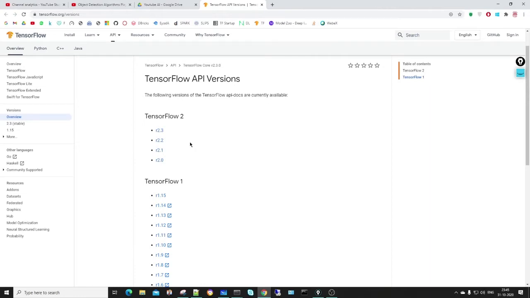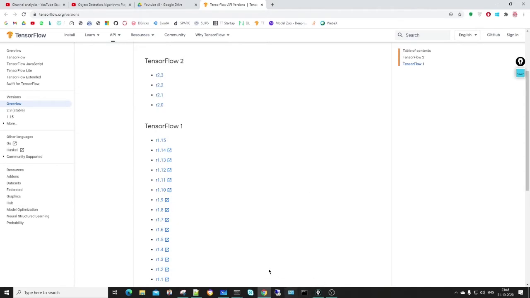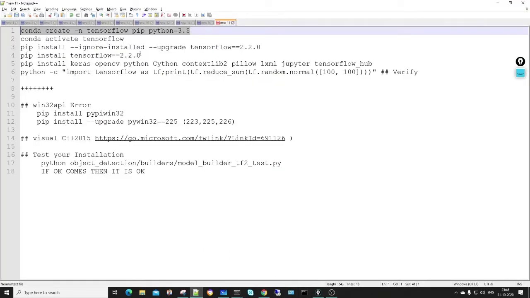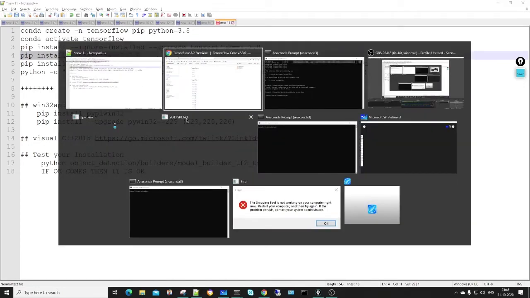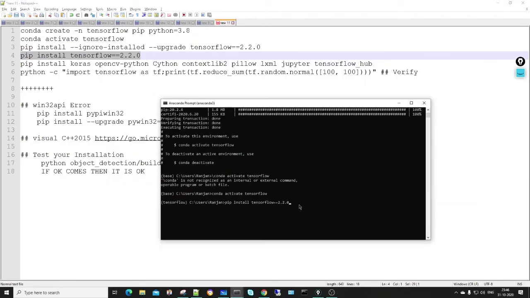If you are running code written for version 2 and you have installed version 1 in your system, it will throw an error. It is vice versa: you cannot run code written in TensorFlow 2 in an environment with TensorFlow 1, or vice versa. It will not run, it will give you an error. So I am installing the TensorFlow 2 version. This is the command, a very simple command, pip install tensorflow==2.2.0. If I did not specify this, it would install the latest version, which is 2.3.0. I have worked on TensorFlow 2.2, so that's why I am installing 2.2.0.